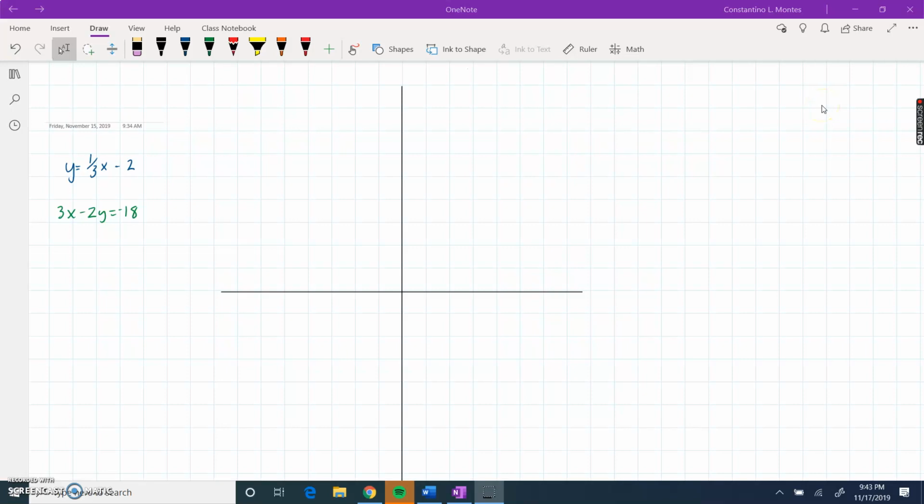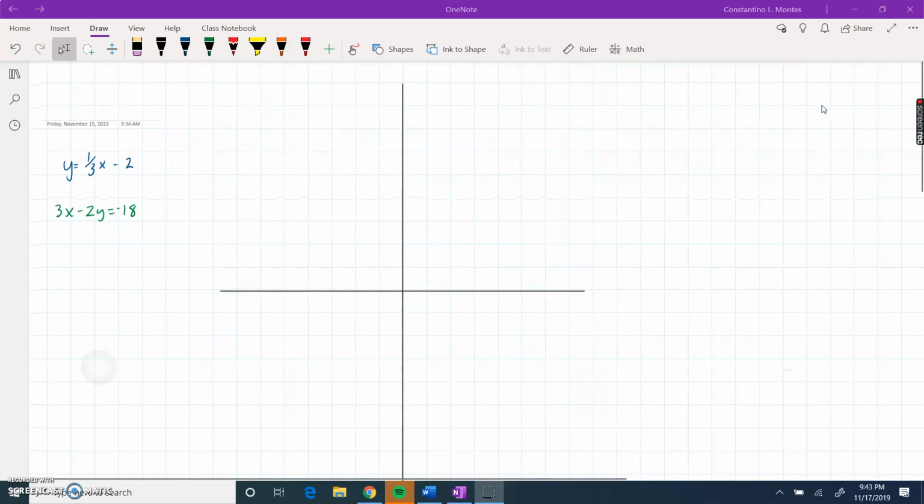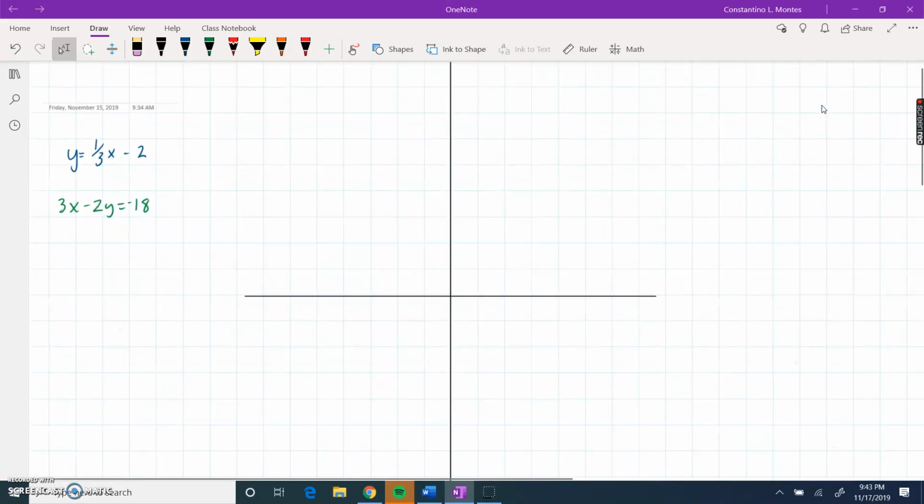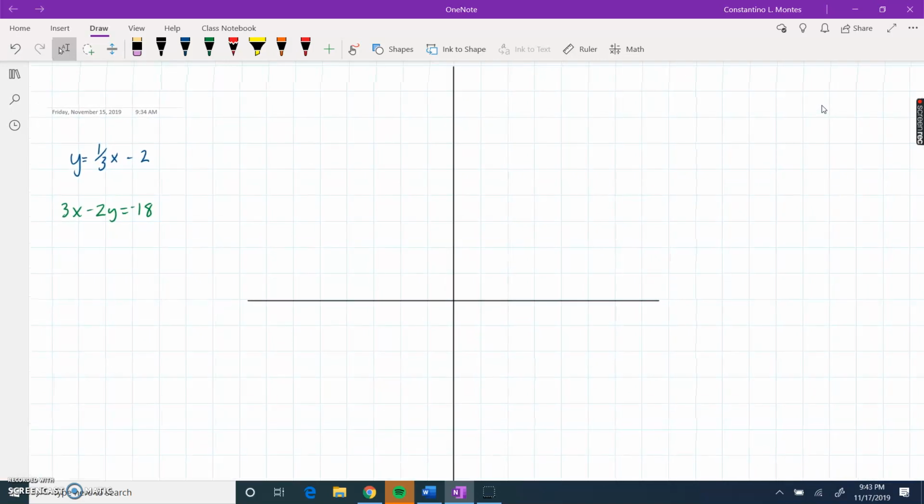Oh, hey guys. I wanted to give you some extra examples based off the stuff that we did last week on Friday, just to make sure that you were on point with these. One of the things that we're going to ask you to do tomorrow on the exam is to graph equations